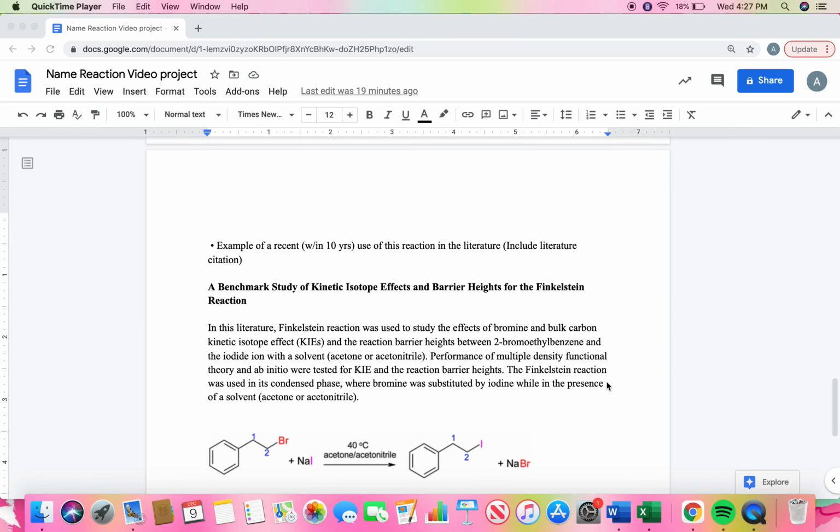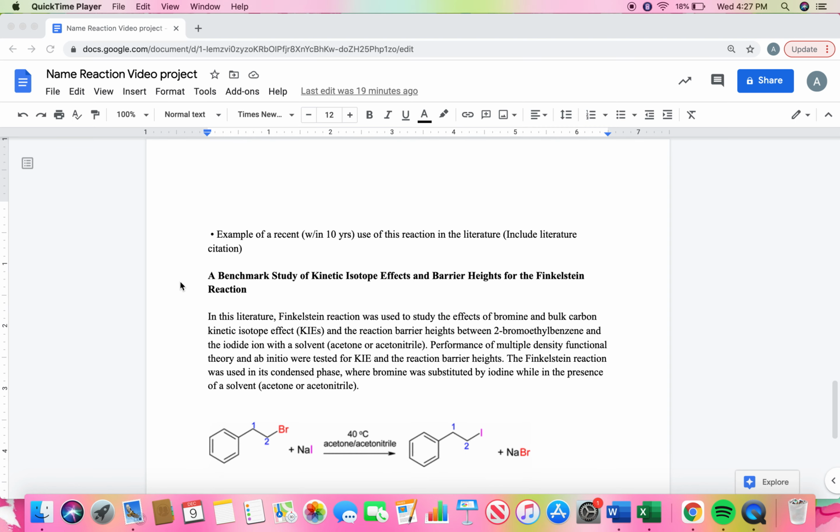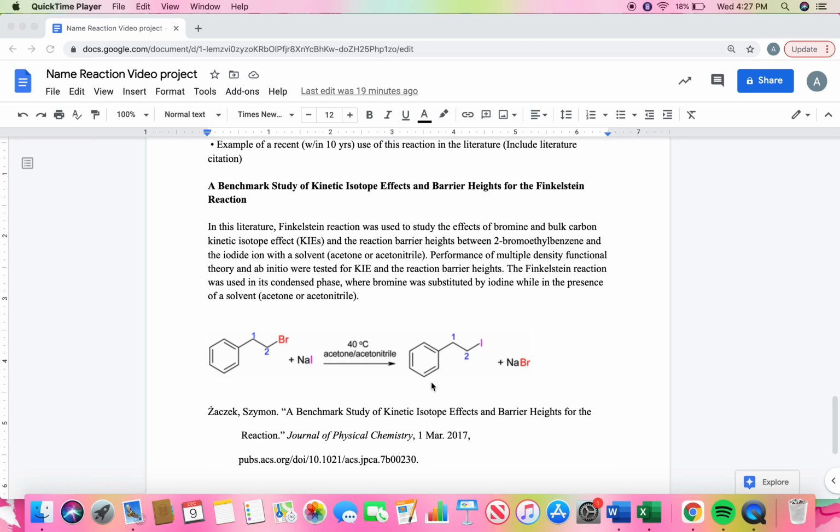So the next question is, find an example of a recent use of this reaction in literature. So I found an article, and it was titled A Benchmark Study of Kinetic Isotope Effects and Barrier Heights for the Finkelstein Reaction. In this literature, the Finkelstein reaction was used to study the effects of bromine and bulk carbon kinetic isotope effects and the reaction barrier heights between 2-bromoethylbenzene and the iodine ion with a solvent, either acetone or